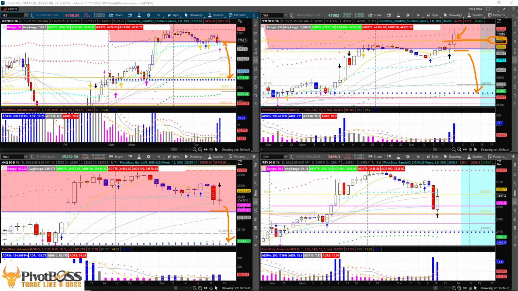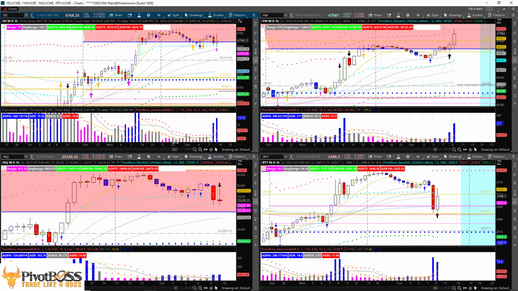So whichever market you are going to engage, just be hyper focused on that market for a moment, just because they're all giving different look and feels. But for the most part, to me, it looks more bearish. So even with the YM busting through 47K, 47K is very significant level, and that high range bar could lead